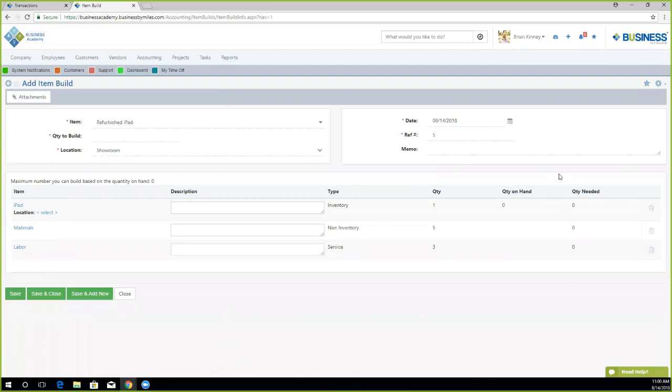Now we have a lot of quantity fields within the item build itself. We have quantity to build, quantity, quantity on hand, and quantity needed. So you might ask, what do these mean? Well, quantities mean how much quantity is for each individual item within our item build or manufactured item. So since one refurbished iPad needs 1 iPad, 5 materials, and 3 labor,